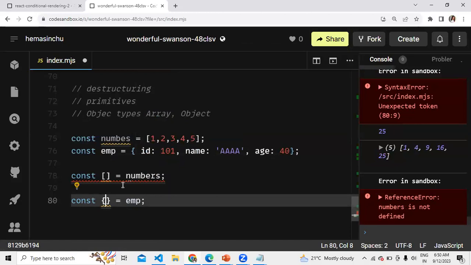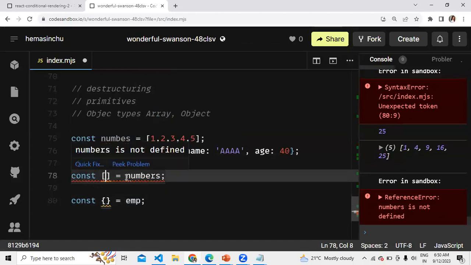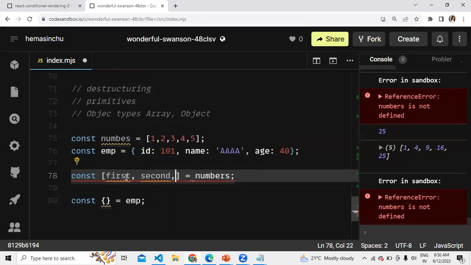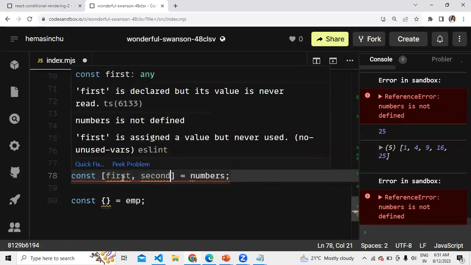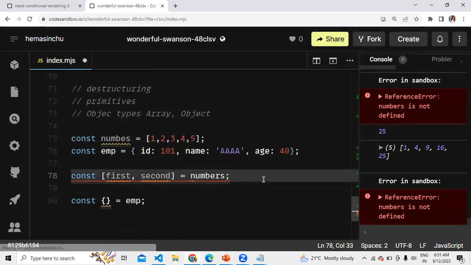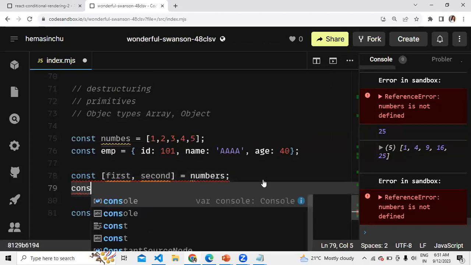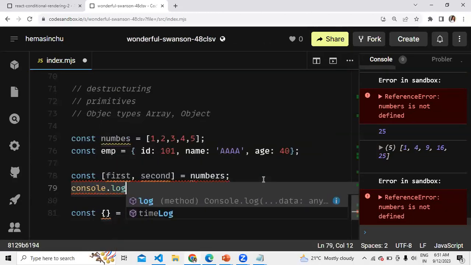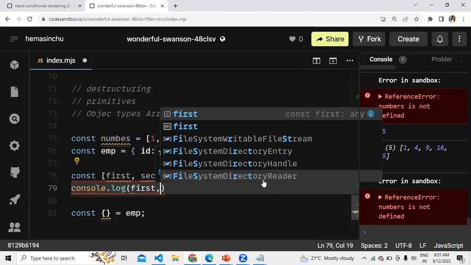Now what are we going to write here? In case I would like to extract the first number, and the second into its own variable, I can do so by first comma second.